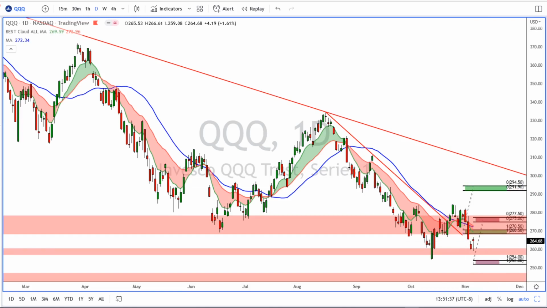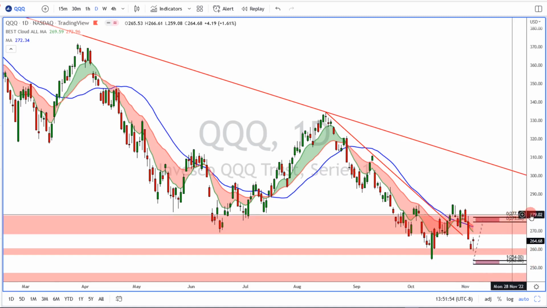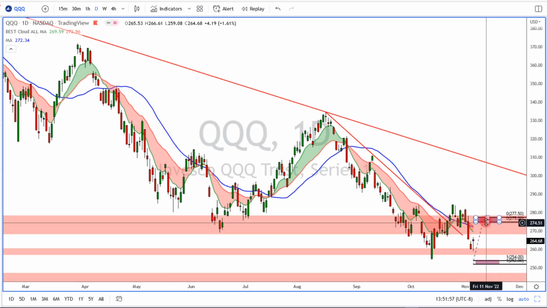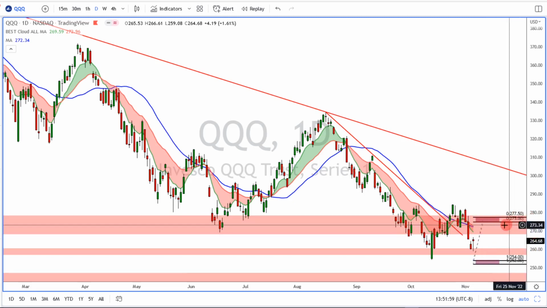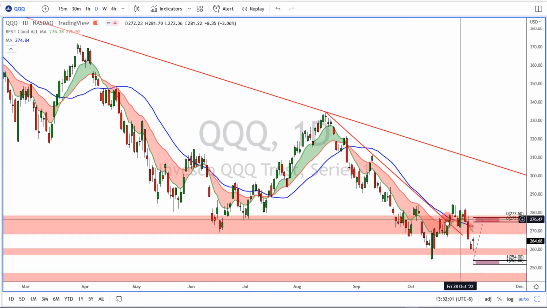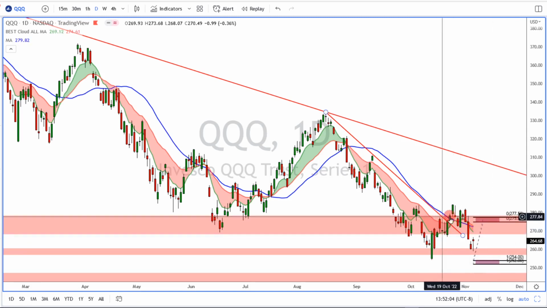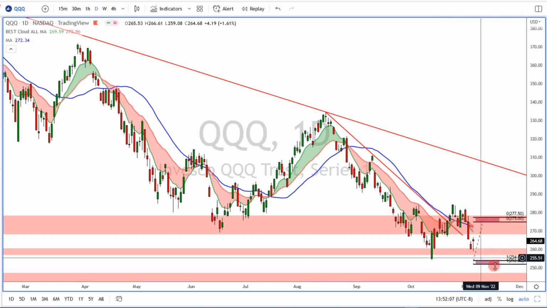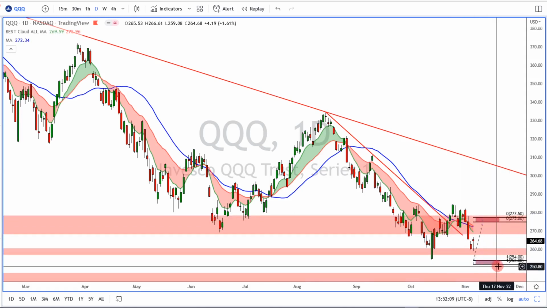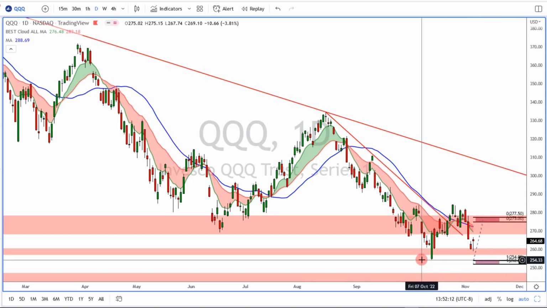Next week's weekly expected move, the upper range is somewhere between 277.50 to 275, and the lower range is between 254 and 252. So what we can be watching here is to see will the price come up to this zone near this 277 area, because this upper range of the weekly move is in confluence with the upper edge of this high volume zone. Then also we see that this right here, the lower range of the weekly expected move, is in confluence to